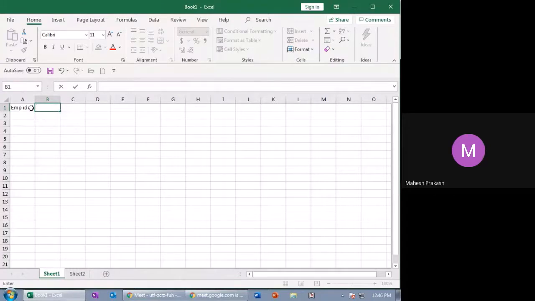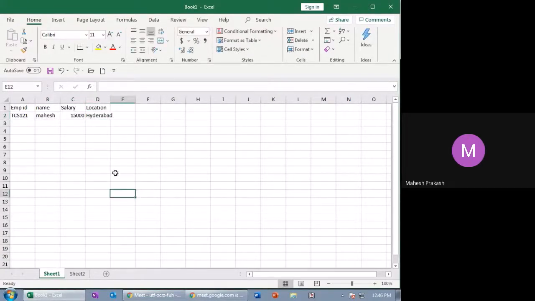Meanwhile, I'll just name it as name, and their salary and location. So employee ID. Imagine, as you are a student, even you have some student ID. So imagine if it is a TCS company. TCS company will have the code as TCS, and then there will be a number to it. Something like 121. And the name is like Mahesh, and salary is like 15,000. Location is Hyderabad.